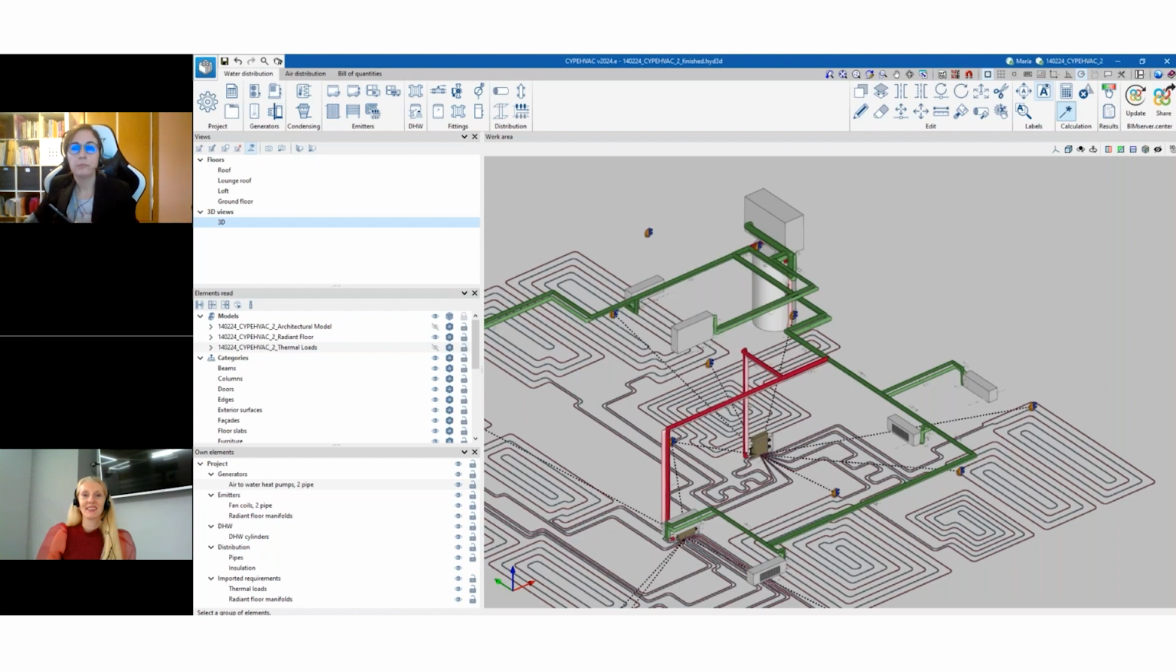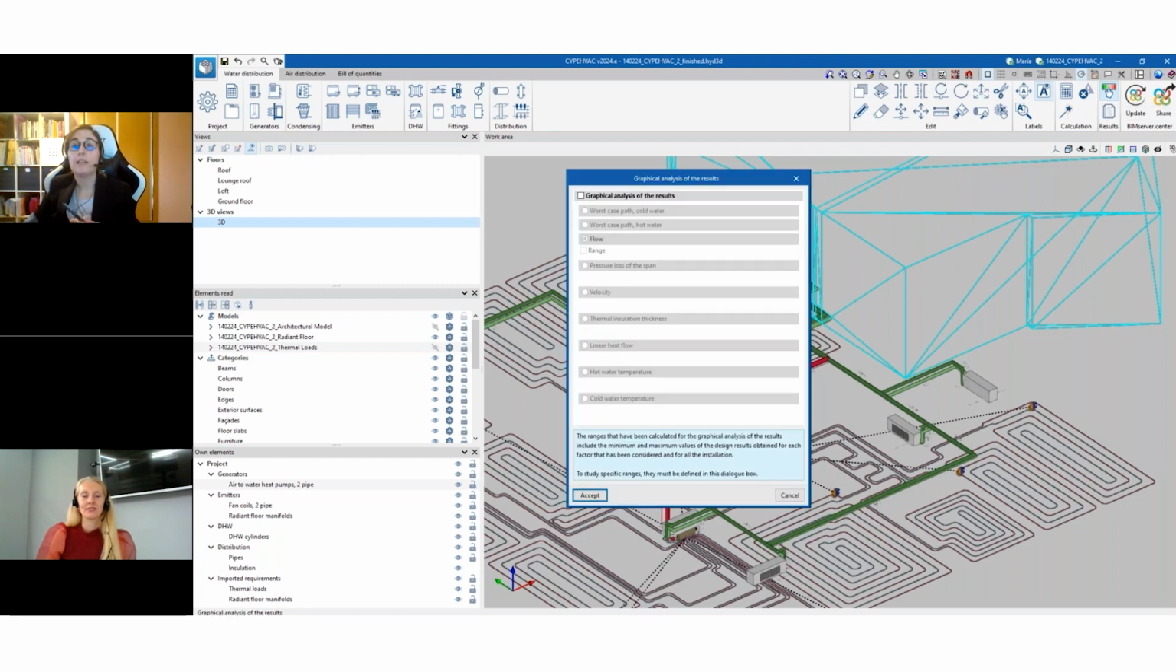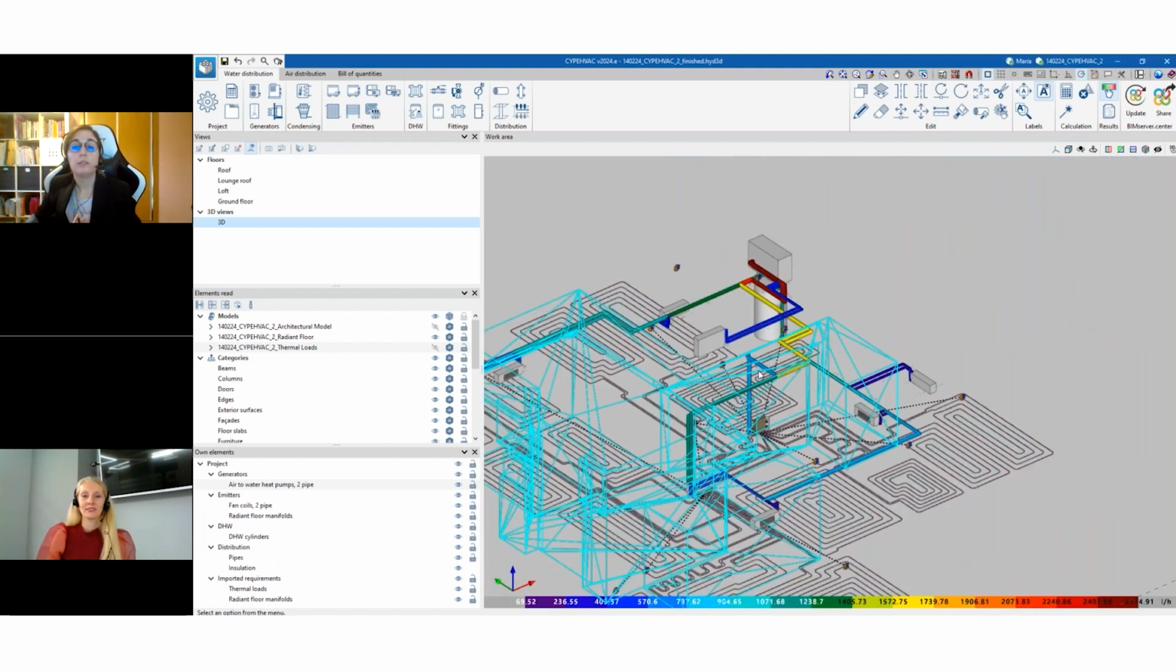let's design. Of course, I could go pipe by pipe, seeing the results, but sometimes it can be helpful to see the visual representation of the results, and for that we have this button. So we can, for example, say that we want to see the graphical analysis of the results, in this case of the magnitude flow. If we do that, you will see now on the screen that we have the pipes in different colors representing the different